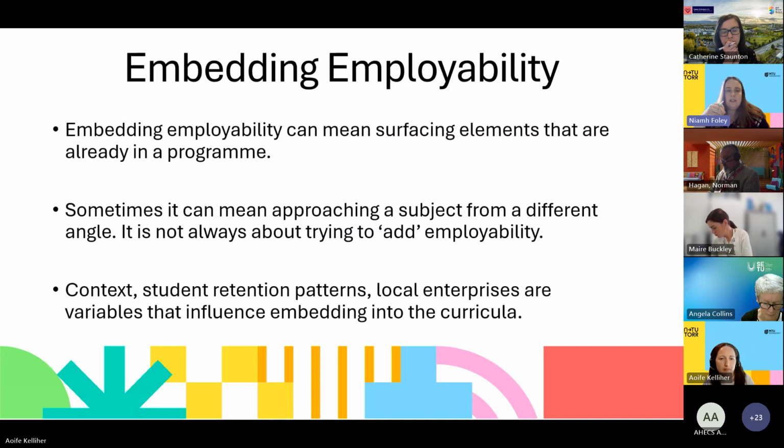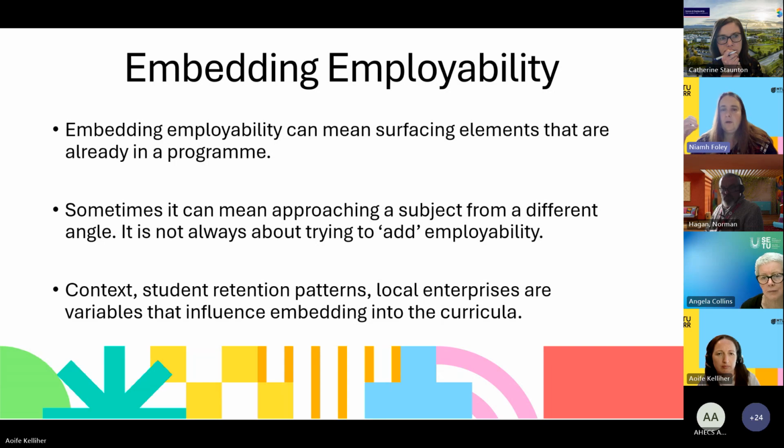And I suppose this is where I'm saying, it's not always about trying to add employability into our programs. It's looking at how we approach our subject. So, I suppose there has been a lot, like I was saying, on sustainability. We're picking out SDGs, we're pulling out the ESGs, we're pulling out the different thematic themes that we have. So again, I suppose what we actually find is a lot of these elements can already be in our programs, but maybe our students aren't actually differentiating the knowledge, and the link to employability is there.